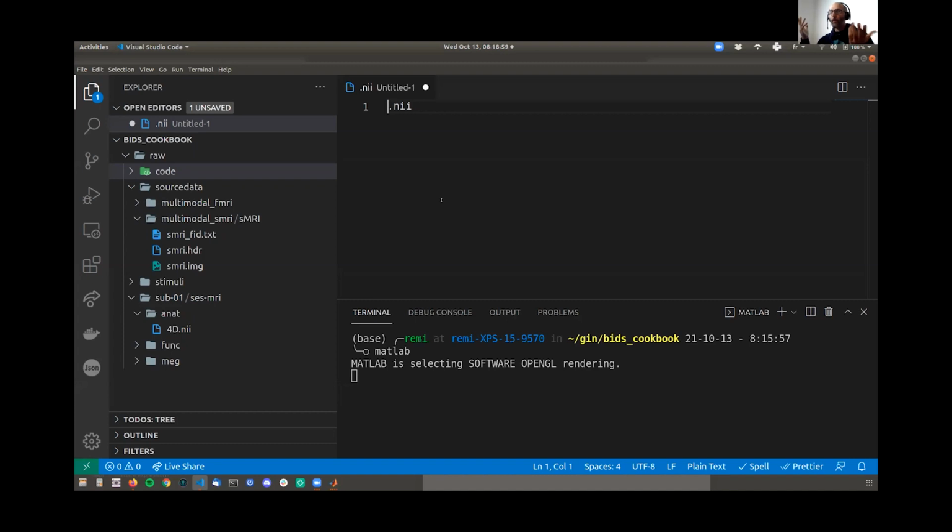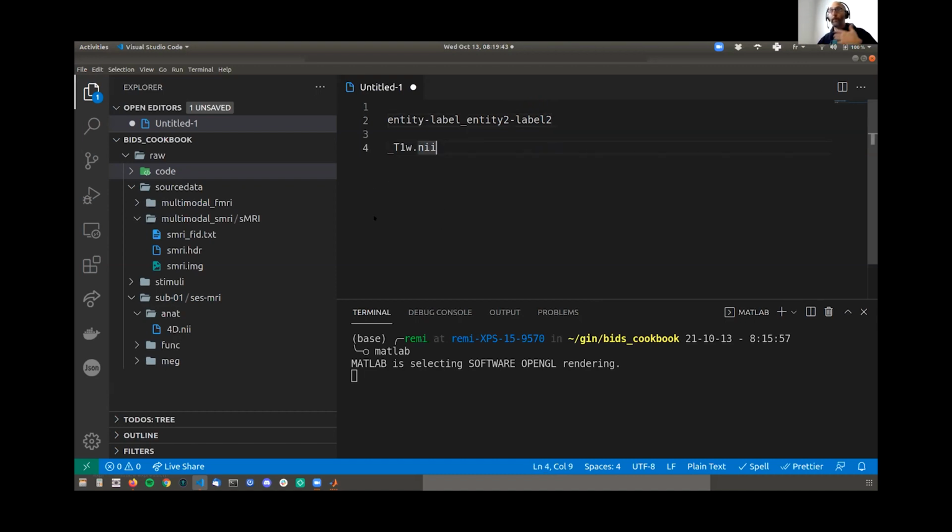In the BIDS world, we call it a suffix, right? And in this case, it's a T1 weighted image. So T1w is going to be the suffix, and right before the suffix, you have an underscore. And what comes before that is a series of what we call entity-dash-label pairs. And you can chain those one after the other as long as you separate them by underscores, and then it's fine. It's always entity-dash-label something, right? And then you can have as many as you want. So this is how you would construct a BIDS file name, right?